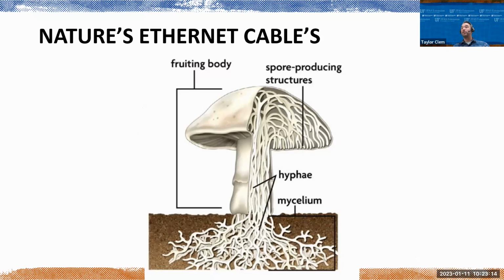Underneath you in the ground, or in the plant material that it's growing on, it has a system of mycelium. The mycelium is growing, breaking down substances, and absorbing nutrients and water. That's what it uses to grab everything it needs to grow. And that mycelium is comprised of hyphae, these single fungal filaments.